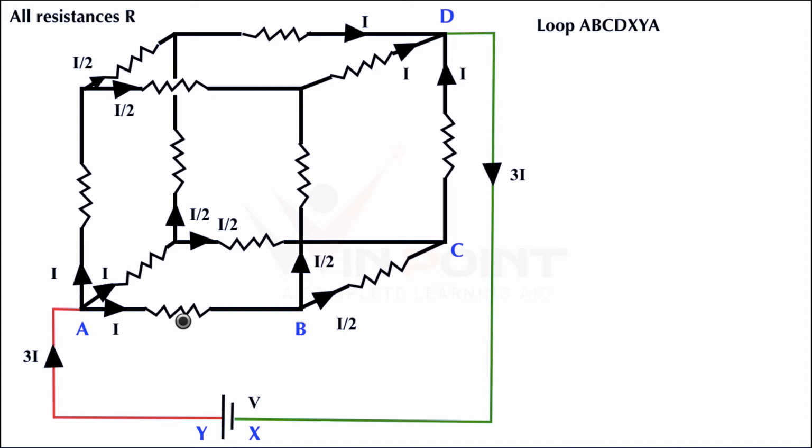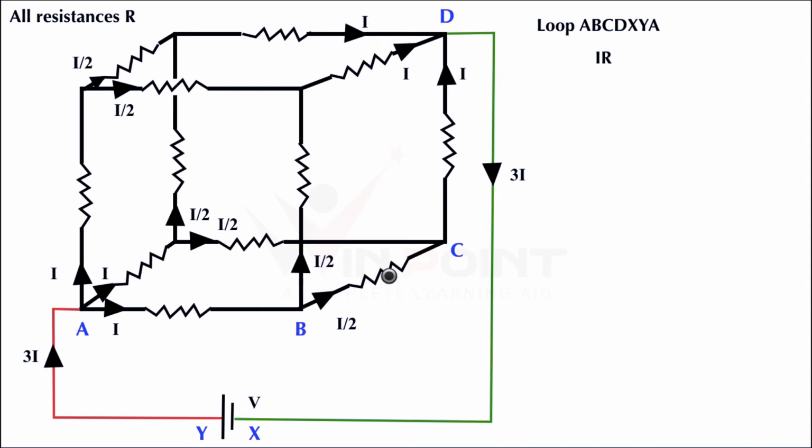It is I. What is the value of this resistor? It is R. All the values are R. So it will be I into R. It is in my direction, my walking direction. So it will be I into R. Now again I have started from A. Now I am at B. I am traveling through BC.